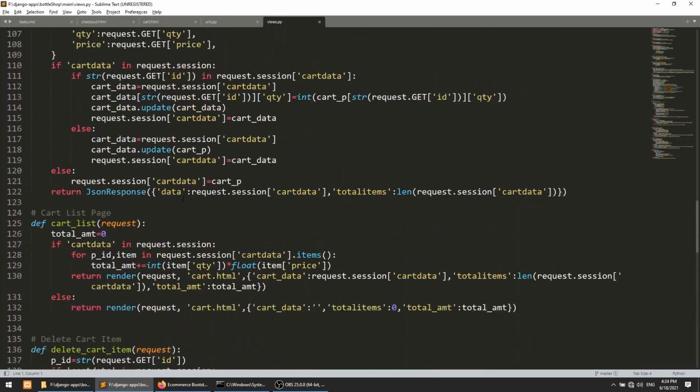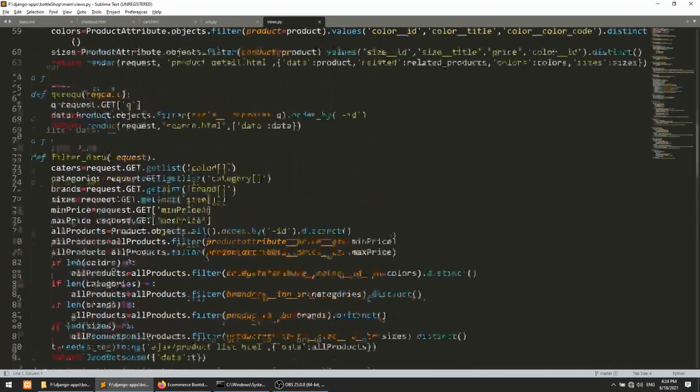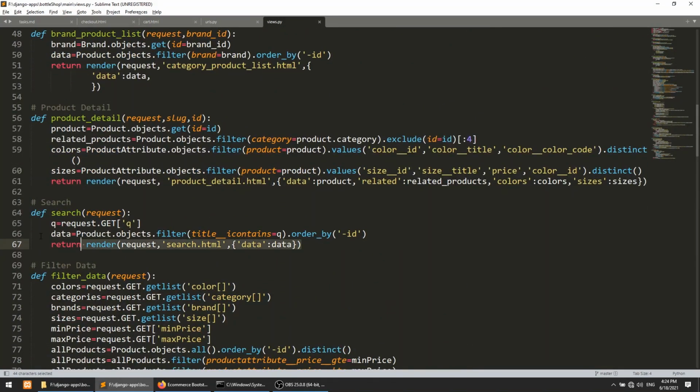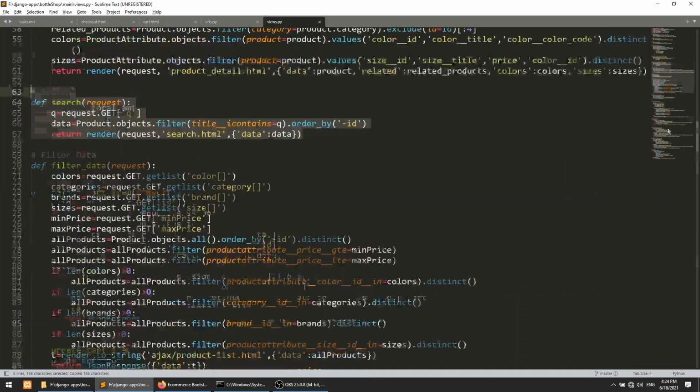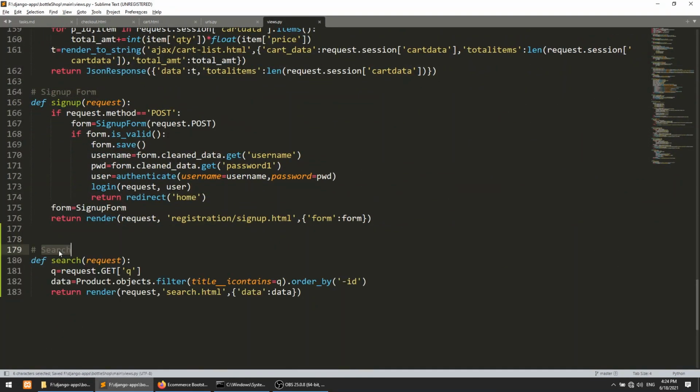I'll copy any easy thing. Let's copy this search view here, and here we will implement checkout. This is the checkout page, and this will render the checkout HTML.